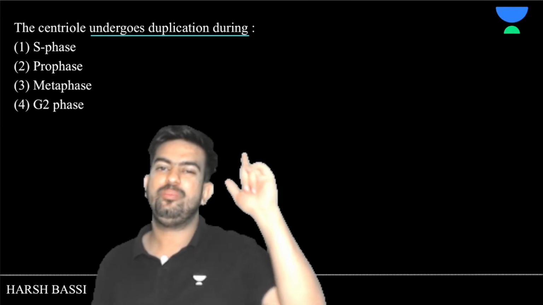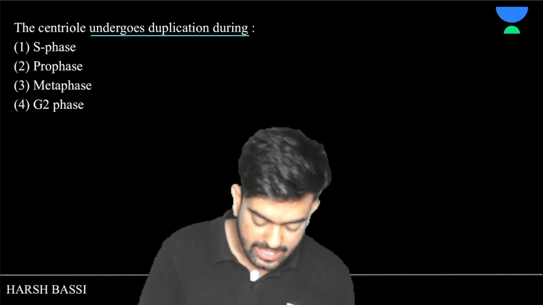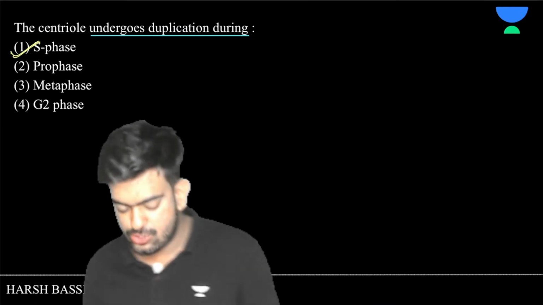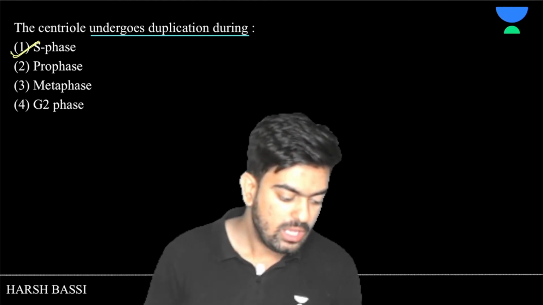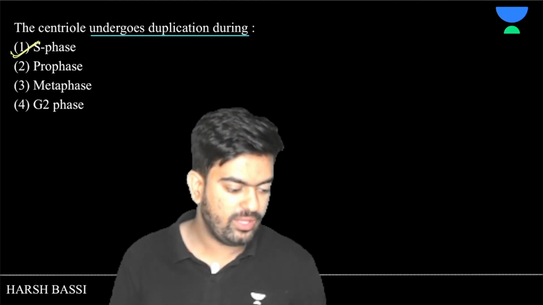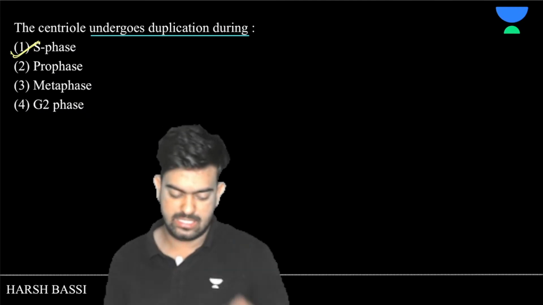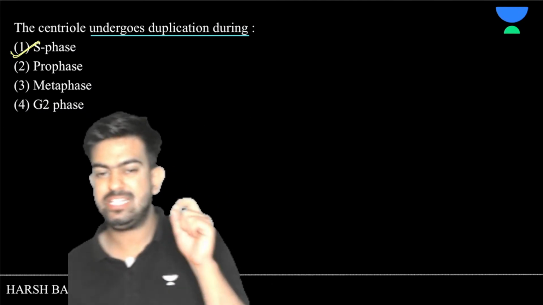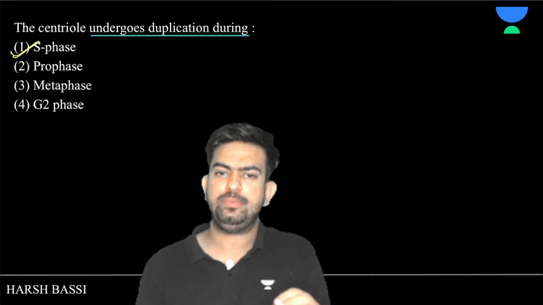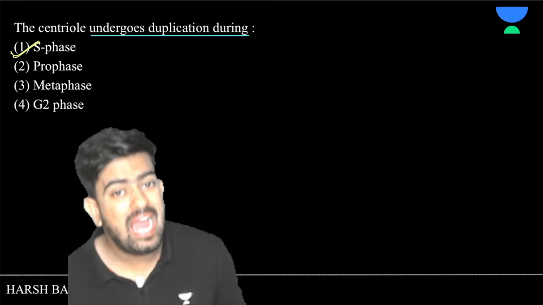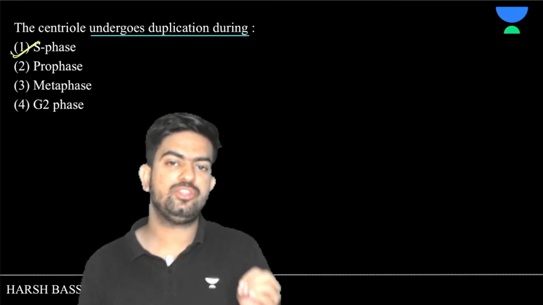Sir, the centromere duplicates in the S phase only. Is that so? The centromere duplicates in the S phase. Yes. In the S phase only, DNA duplication takes place, and there is the formation of the